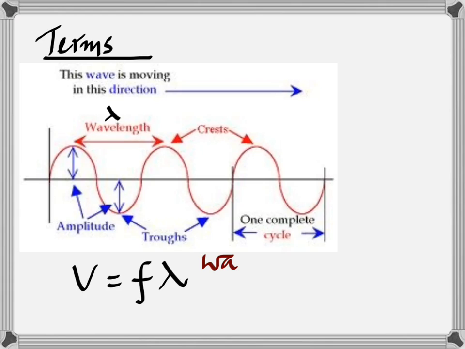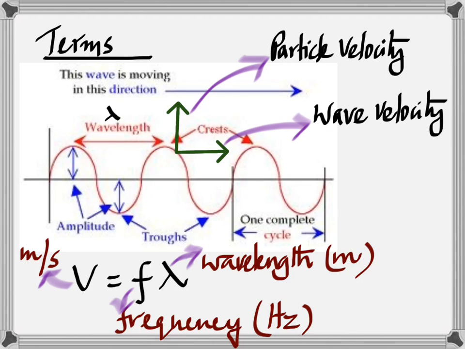It's always interesting to ask a student, how do you come up with this formula? Because you cannot derive this formula, it's just logic. Can somebody tell me how you get this formula? And that's wave velocity. All right, what's the angle between particle velocity and wave velocity? 90 degrees. Because the particle is moving up and down along the y-axis. Are you with me? But the energy is moving along the x-axis. This subject is easy, and people don't believe me.